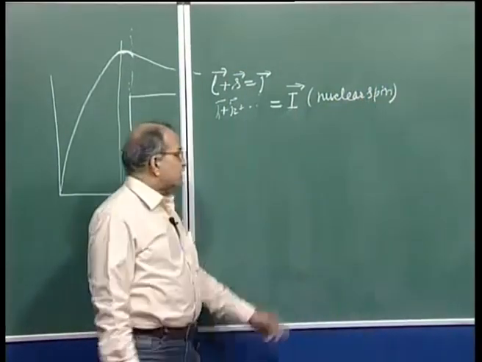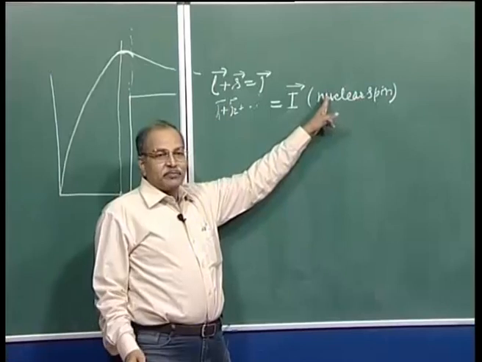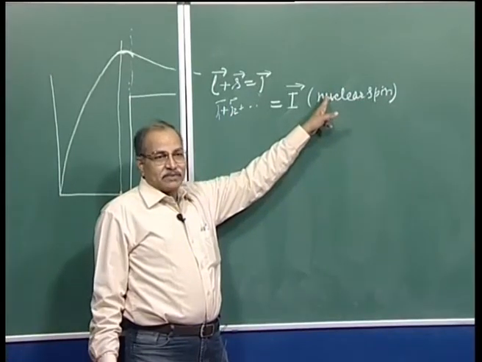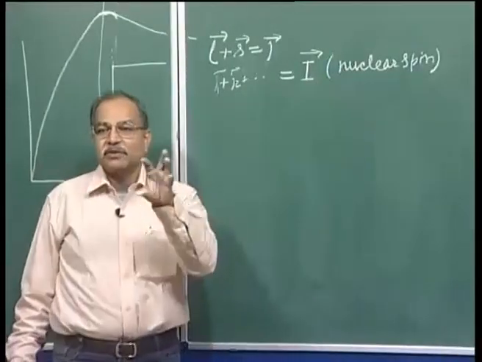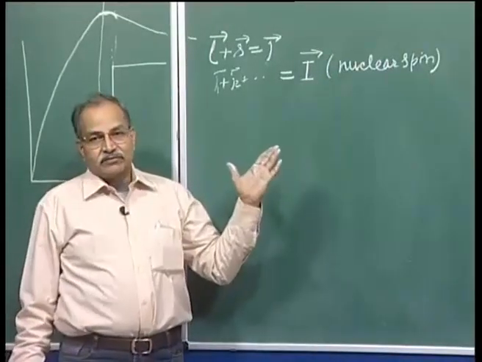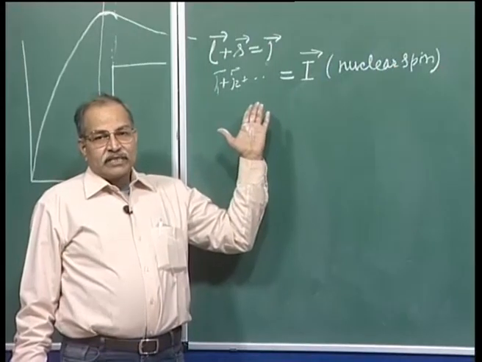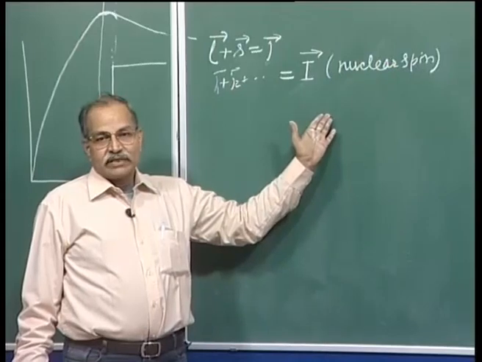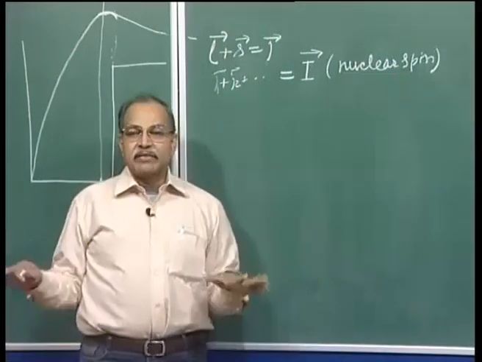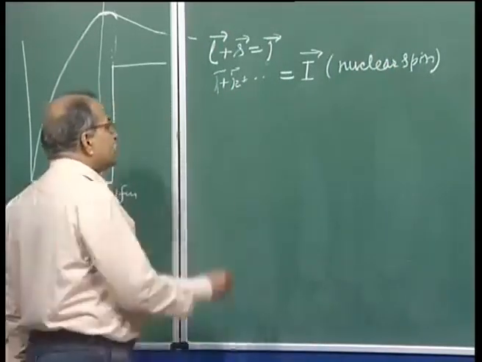So, do not confuse that it only corresponds to the spin angular momentum and not orbital angular momentum. It is the total angular momentum, it is called nuclear spin. Nuclear spin of this particular nucleus is this much, right. So, that is the total angular momentum of the nucleus. That is one parameter which can be experimentally measured. Another thing is parity,